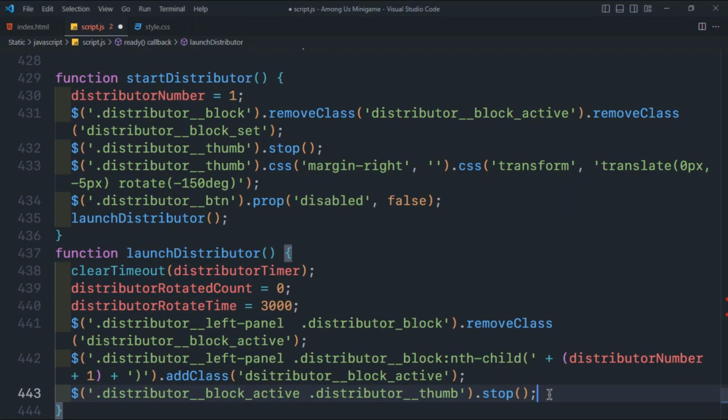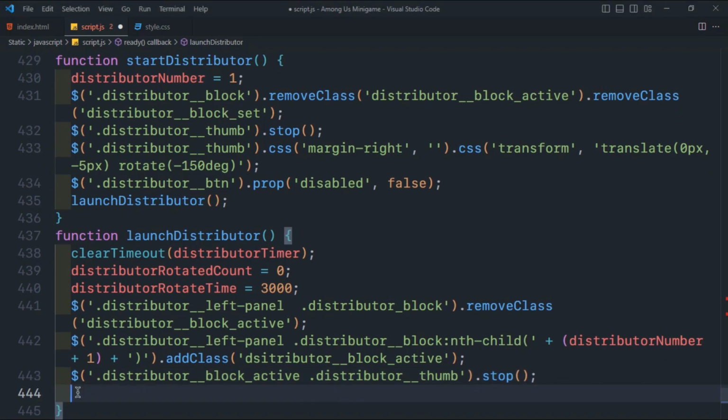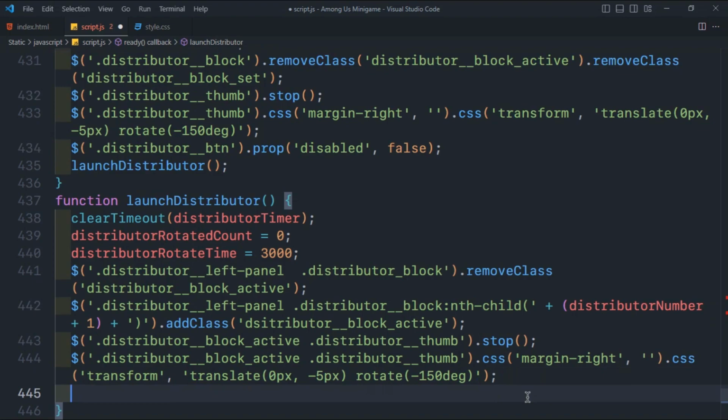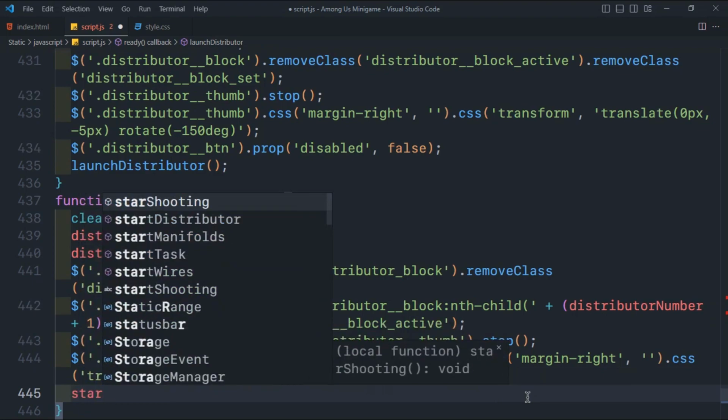The function then stops any existing animation from distributor thumb element, and we have this line here which sets its margin right to an empty string. It also sets the transform property to translate the element up by 5 pixels and rotate it by -150 degrees. And then finally we will call the function start distributor rotation,